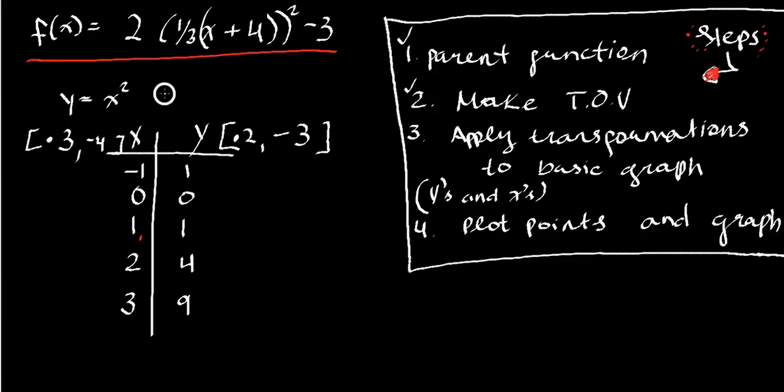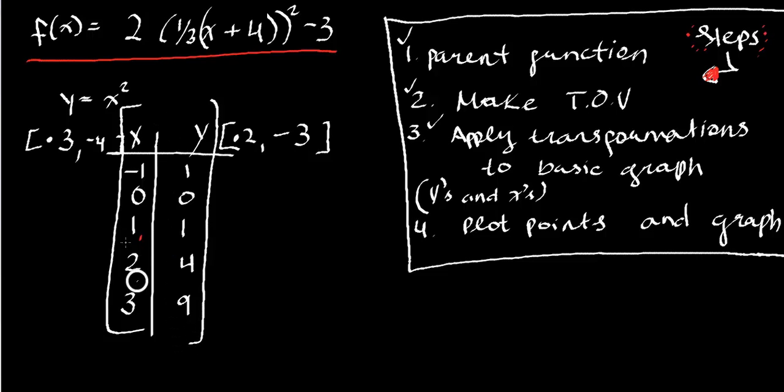Okay, so we apply transformations to the basic graph. We did that. And now plot points. Well, before we do that, actually we really didn't finish this. We have to do the arithmetic. This right here